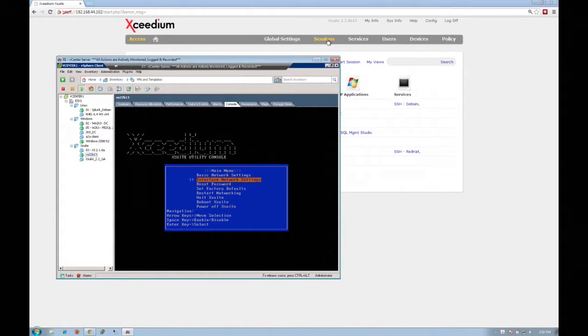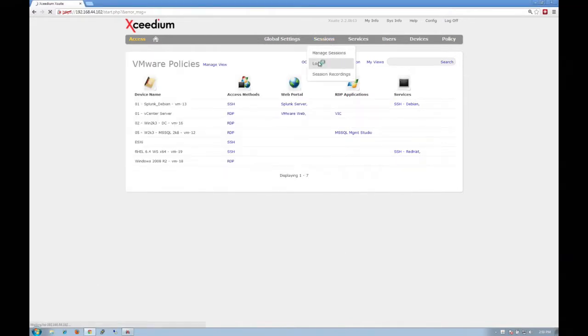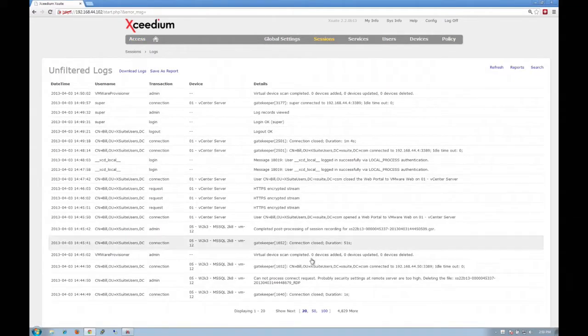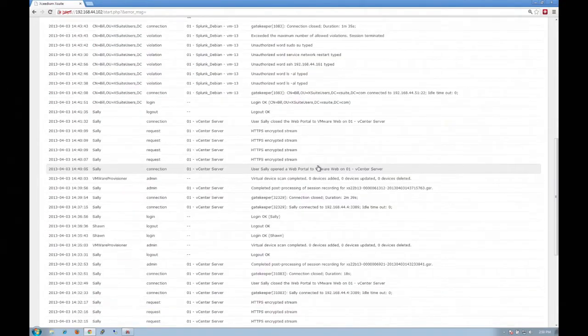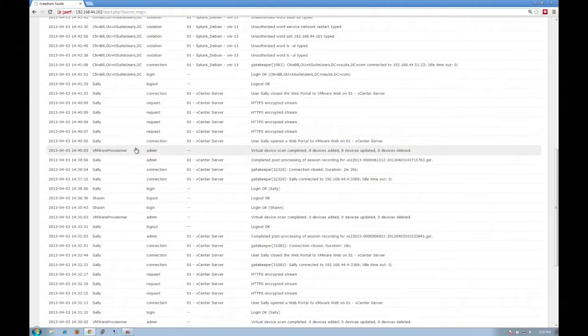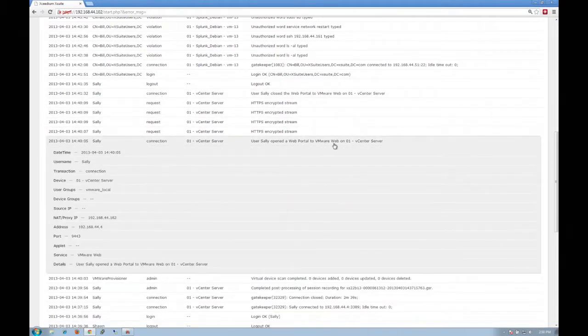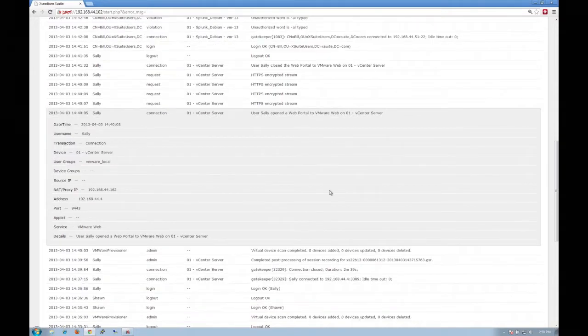Let me take a moment while this is just running in the background for a few minutes to go ahead and review some of the activity that's taken place inside of Xsuite from a logging perspective. If you remember, I had originally logged in at the start of the demonstration to show Sally's activity inside of the environment, and you can actually see all of that here. Sally opened a web portal session to the VMware web server instance, right? Sally made a connection